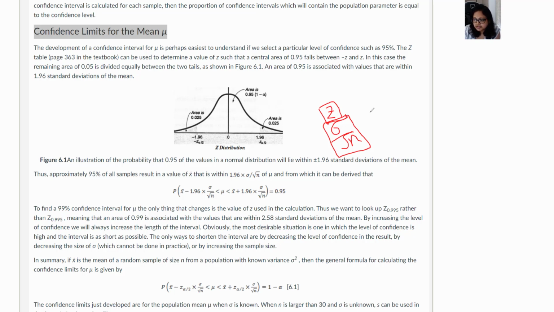So let's say using a sample, we already have a mean. Let's say we are talking about a 95% confidence interval. For the 95% confidence interval, we need the Z value. The Z value is 1.96. If you look at the table, then you will find that,